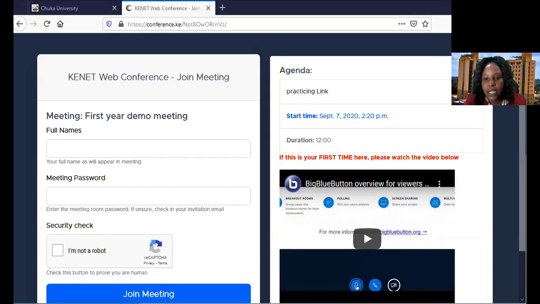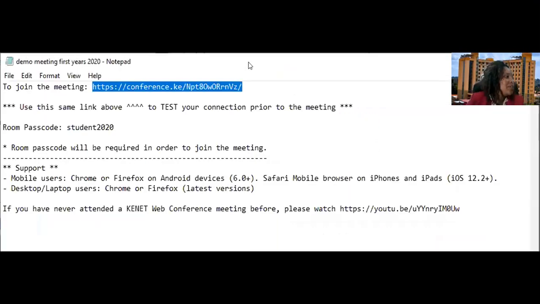What happens is that a lecturer, if you look at my screen there, there is a notepad with a test meeting, which you can connect to at your own time. This particular meeting has several parts. It has what you're calling to join the meeting, and then there is a URL there. When a lecturer creates a class for you where you're going to use the web conferencing facility, you're going to receive such a notice